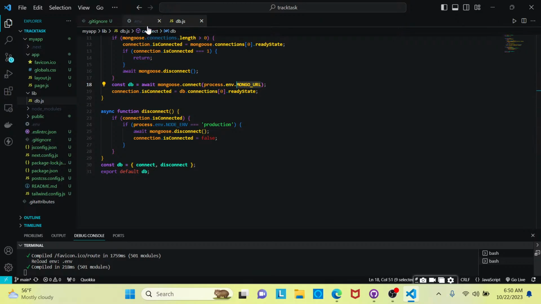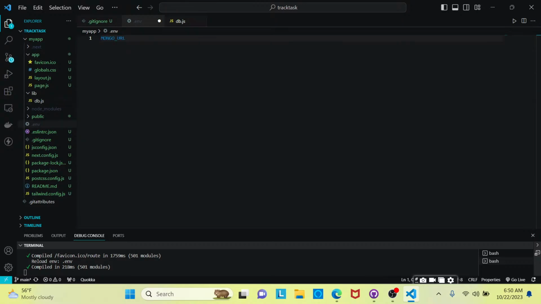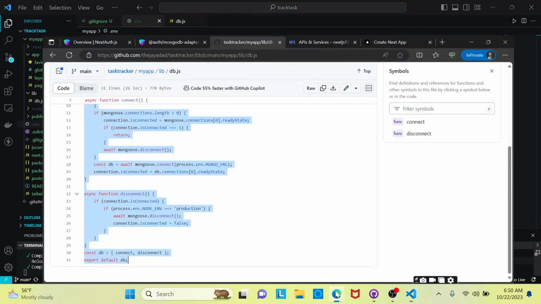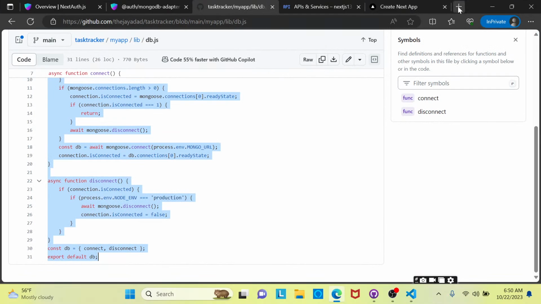This will hold the database connection string that we're going to set up in just a moment. So we'll go ahead and add it to our .env file. And if we go to MongoDB,